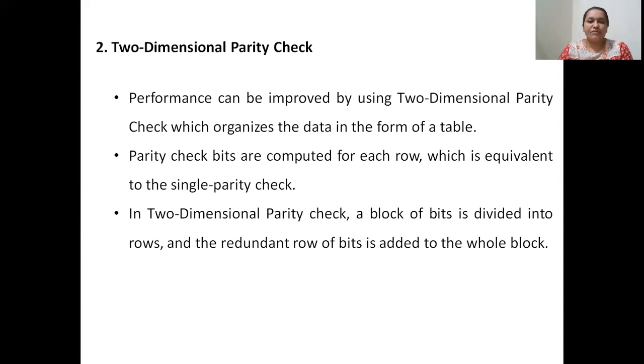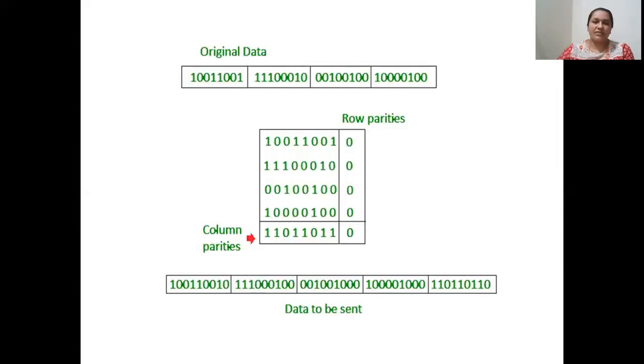At the receiver side, the receiver will recompute the parities, and if the parity is confirmed, it assumes the data to be correctly received. Say, for example, there are 4 data units to be transmitted. So each of these 4 units are arranged in rows and columns. For each row, there is a parity bit. Again, we are here following the even parity. So in the first row, there are 4 ones. It's already in even parity, hence the parity bit is to be made 0.